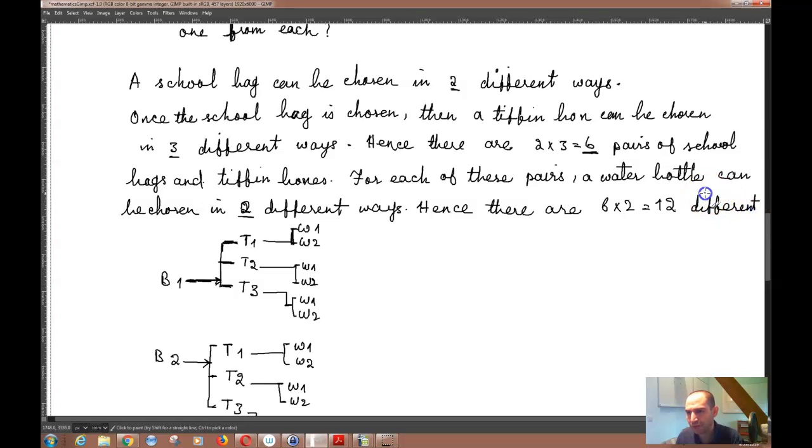Different ways in which Shabnam or Sabnam